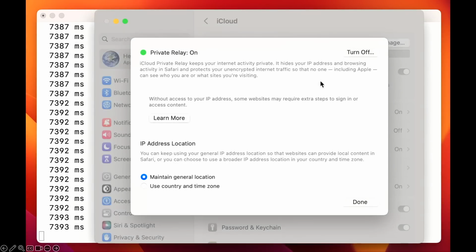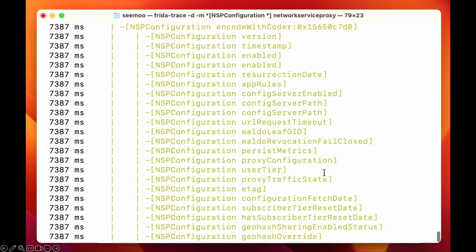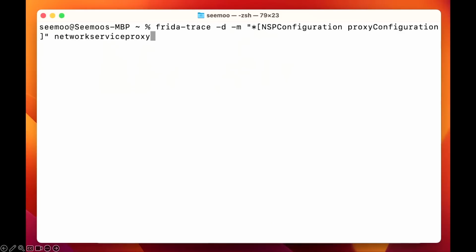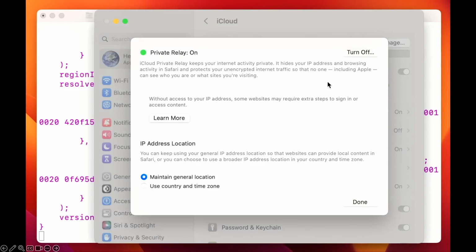We can open the system settings and enable private relay. Here we see all functions which are called of that class. Interesting here is the proxy configuration function, as it is called very often, and it very much sounds like a getter for a proxy configuration, obviously. So we use frida-trace again, but now for the proxy configuration function only, to see its arguments and the stuff which is then returned. So we fire that up again, and we open the system settings, and we enable private relay,